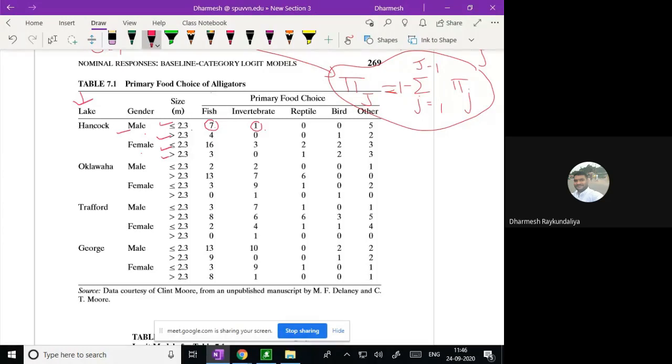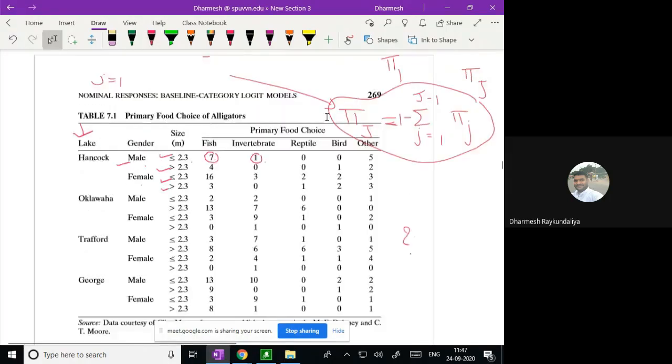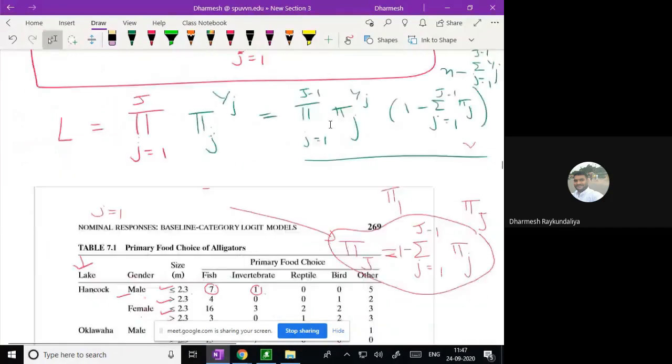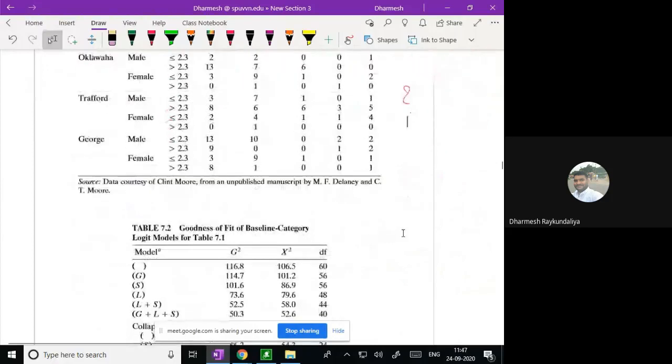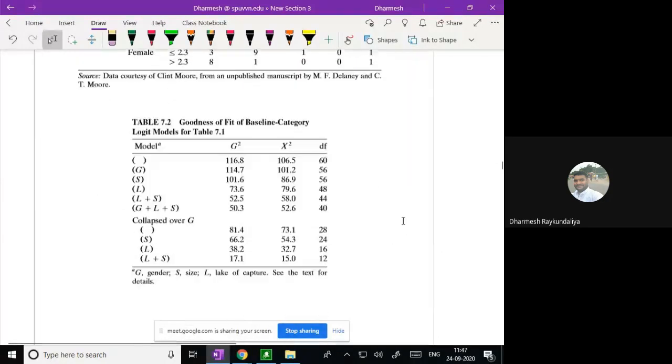Okay, nothing else. So how will you enter the data? If you wish to analyze the data, what should be the way the data should be entered? That is the question to all of you, that you have to think. The soft copy of the book is already with you. I have taken this example from Agresti's book, Categorical Data Analysis. You can refer to page numbers 268 and 269. You will get this. Okay.